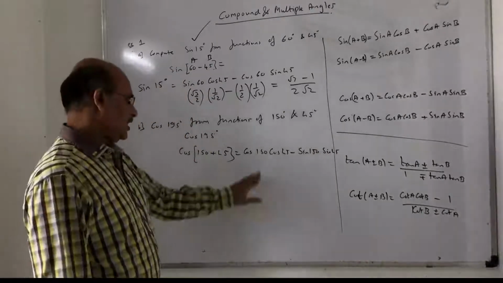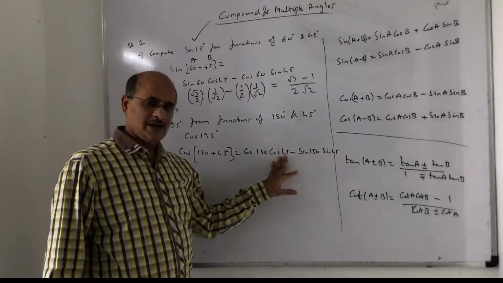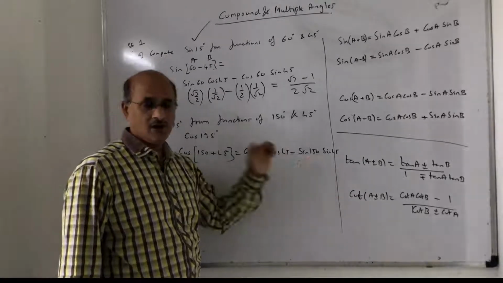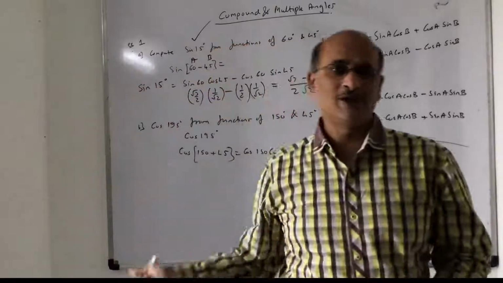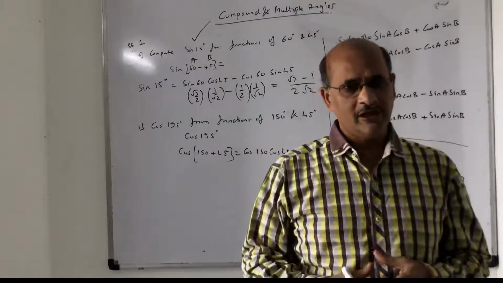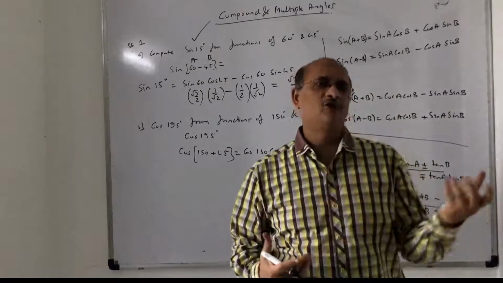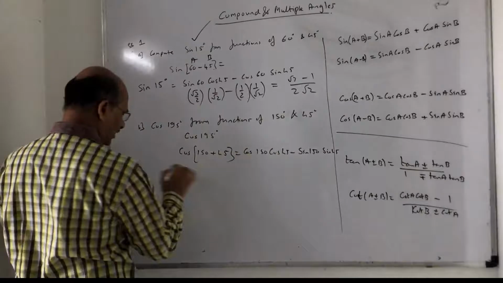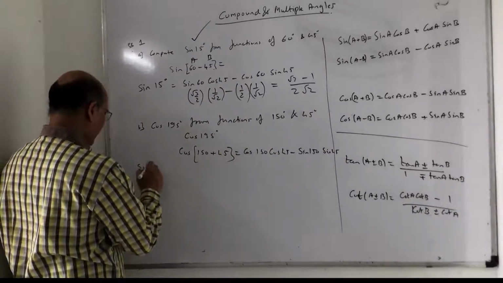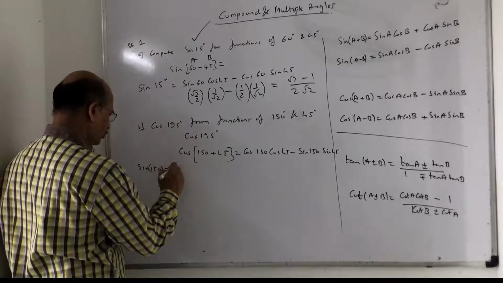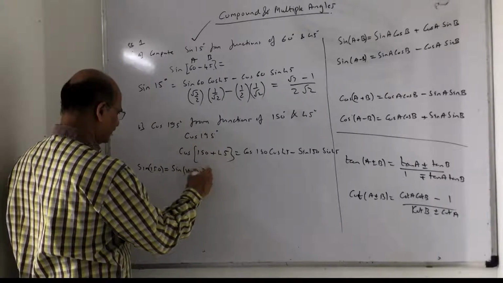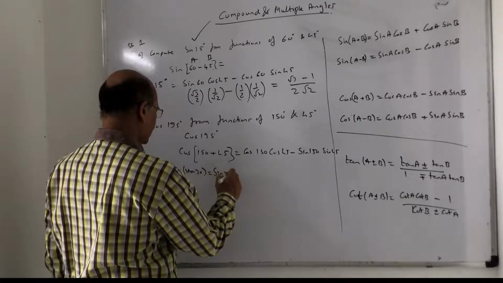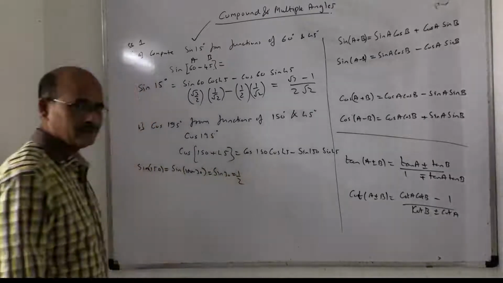Now cos 45 and sin 45 we have as standard values, but we don't know cos 150 and sin 150. So here we are going to use the previous topic knowledge. In the previous topic, we studied how to find the trigonometric functions of angles of any magnitude. So let us do that first. Sin 150 I want. So you remember what you do? 180 minus 30. Second quadrant, sin is positive, which is equal to sin 30, which is nothing but half.